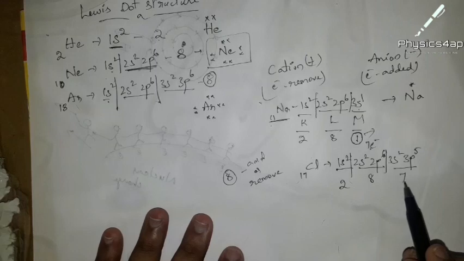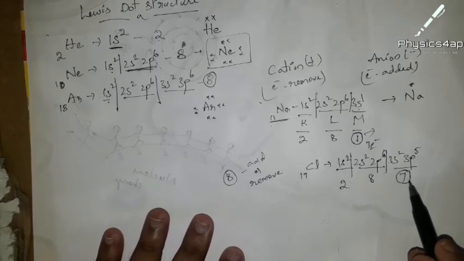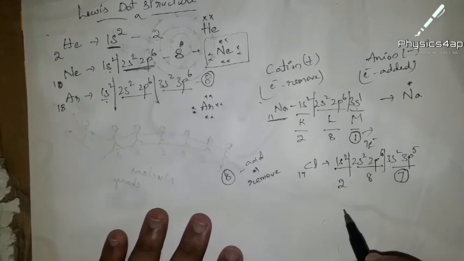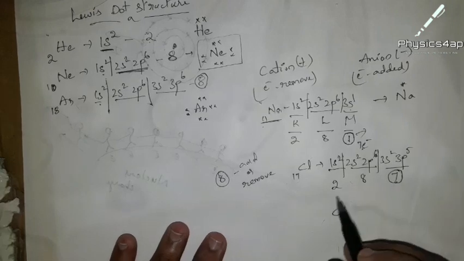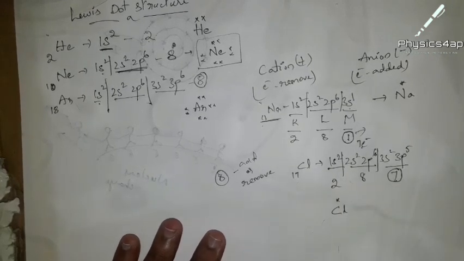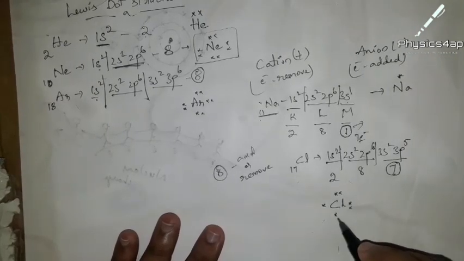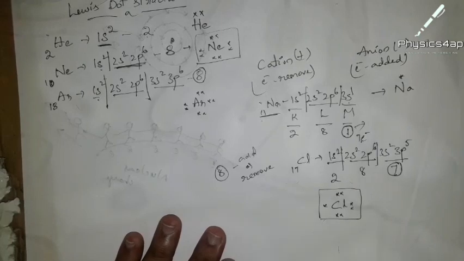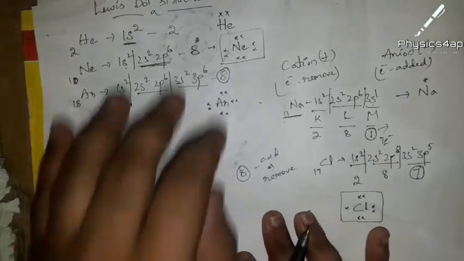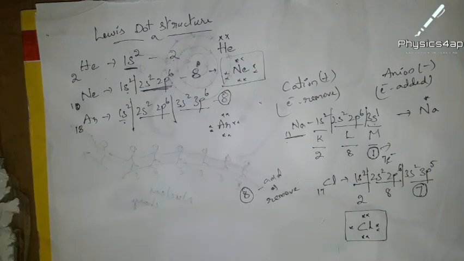That is based upon the outermost electrons. So here we have the outermost electrons, that is the valence electrons, as 7. Now you have to represent the Cl symbol, and as the valence electrons are 7, you have to represent 7 dots over here. That is 1, 2, 3, 4, 5, 6, and 7. So this is the dot structure for chlorine. You can do this for any of the elements: with the help of their atomic number and electronic configuration, you can represent the dot structures.